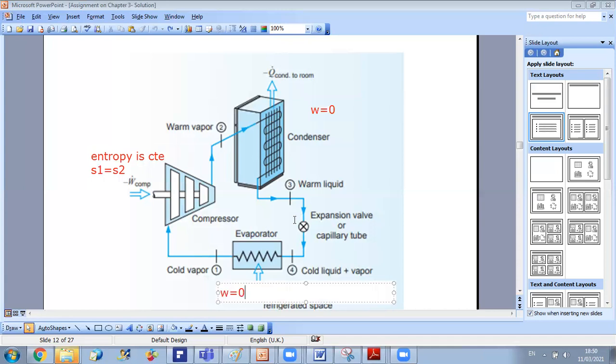While for the expansion valve, in general it works at constant enthalpy. So whenever you see an expansion valve, I will have a change of phase without losing energy. So this is why, between 3 and 4,